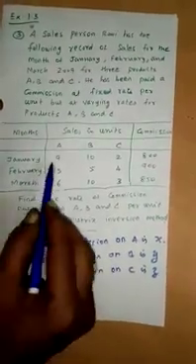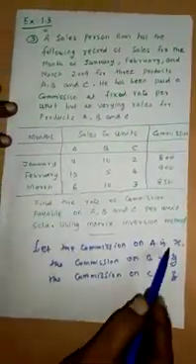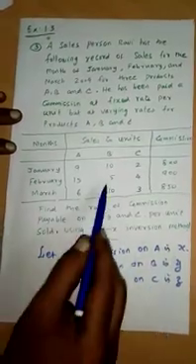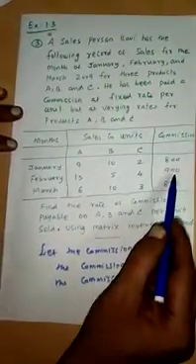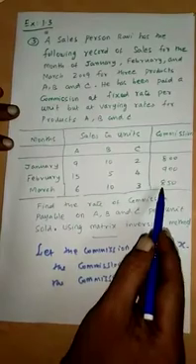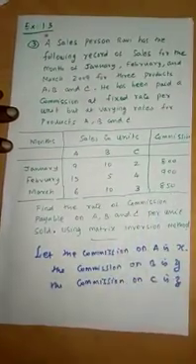Therefore, in January 9x, 10y and 2z is equal to 800 is the first equation, and 15x, 5y and 4z is equal to 900 is the second equation, and 6x, 10y and 3z is equal to 850 is the third equation. Therefore, the equations are